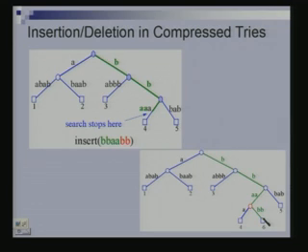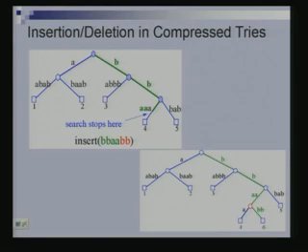Now how will you delete? Same. What do you mean by same? We proceed, we find the node, we delete. Now something else has to be done. Combine with the parent. If the parent, so suppose I were to delete AABB, I'll come here, I'll delete this guy. Now I'll look at the parent. If the parent has only one child left now, then collapse the child with the parent, and you might have to do this multiple times.